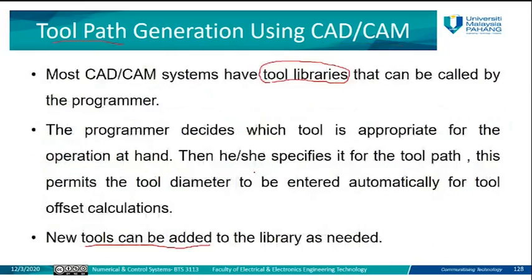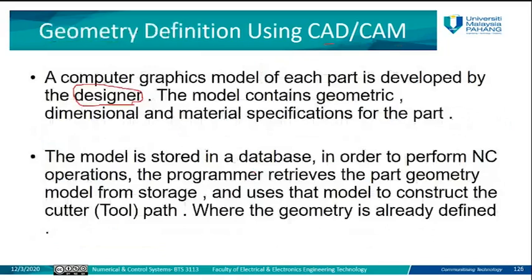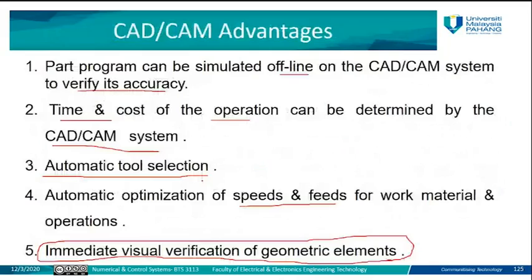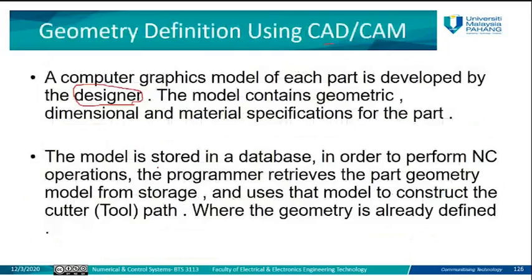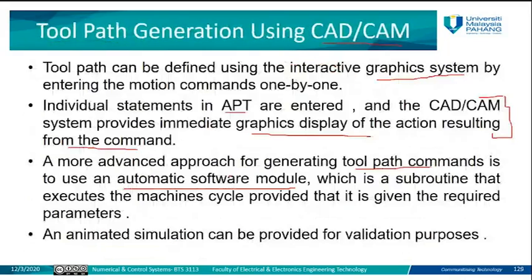It will optimize: it has automatic tool selection and also automatic optimization of speed and feed rate. Automatic tool selection here will be done by some models or libraries or software, like a subroutine or subprogram executed by the machine